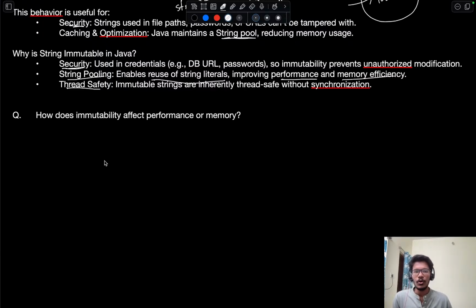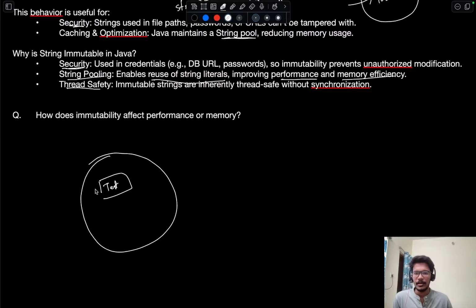Since it is immutable, when we store it in the string pool, it has a memory reference, and whenever a new variable is initialized, it refers to this same one. So it prevents